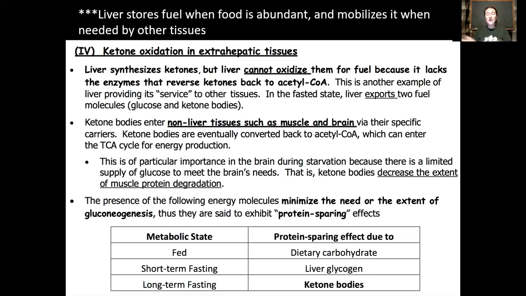You have exhausted all of your other stores, and now you need these ketone bodies, but only certain organs can use them. And so the liver kind of makes that decision, and it says, you know, the brain and the heart, we need to keep them going, but everything else, including the liver, so again, it's very selfless here, the liver can't even use these ketone bodies. And so, again, the liver is really important in making these decisions, keeping the entire body going, even though it cannot use some of those energy sources.